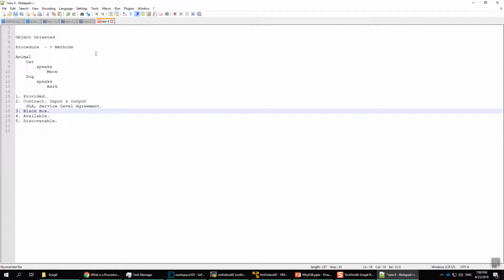Now the most important part is the black box. Once you have given the order, once the waiter went into the kitchen by taking your order, you don't know what is there in the kitchen. That restaurant owner might go to some other hotel from inside the kitchen to get your order prepared. You don't care as long as you are delivered the output or your service. You are happy. So remember these points when you're talking about service because these are the main concepts of the service. All right. So in webMethods,